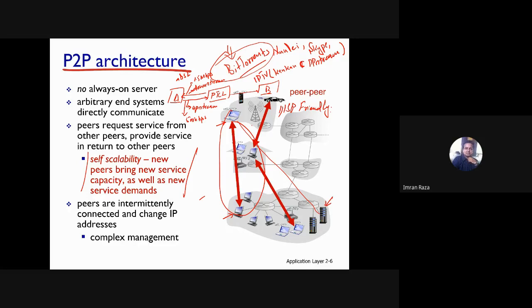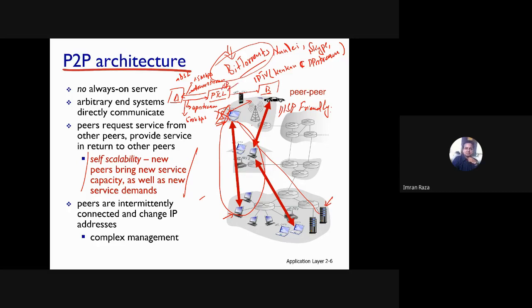Now there is no server involved here, so there is no server forwarding data to machine B. Now what is happening? Machine A has file chunks, or maybe there are many other machines here that are sending these chunks to machine B through this ISP here.